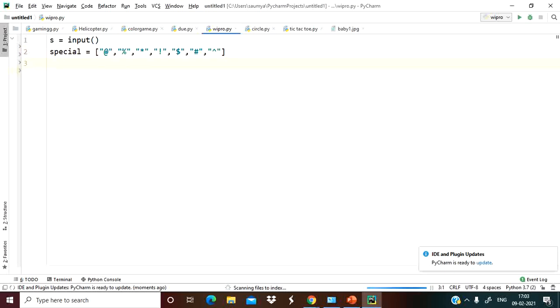So we will run a loop for i in range length of s, right? Here let's take a counter variable as well, initialized with 0.